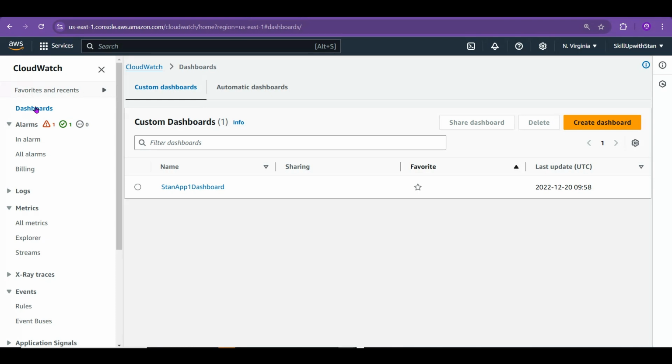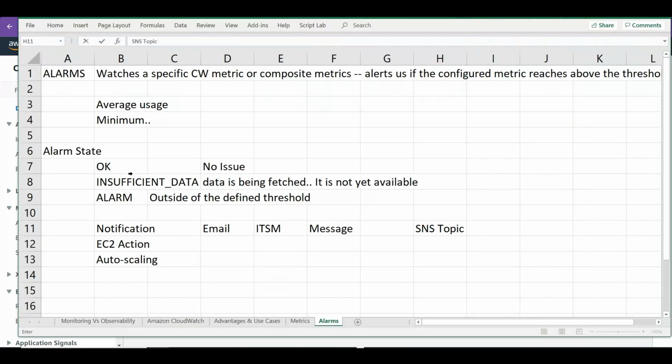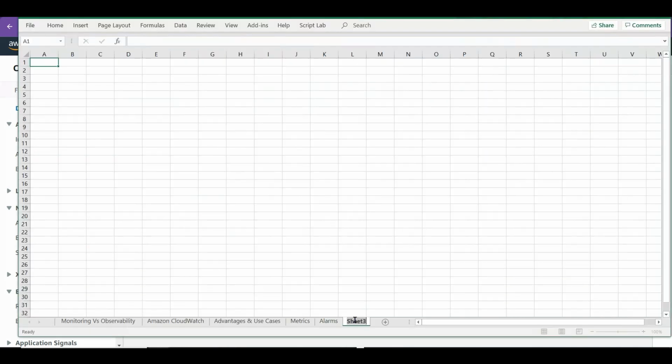You can also configure a specific time zone and refresh interval, and you can integrate with different tools like Amazon Cognito or identity management. By default, I think three dashboards are free, with up to 50 metrics each. But if you go beyond three dashboards or beyond 50 metrics, then I think you have to pay $3 per dashboard per month. So a dashboard is a way to combine the different metrics for a business application, and if you want to closely monitor some of those important